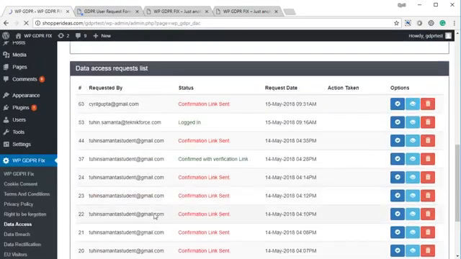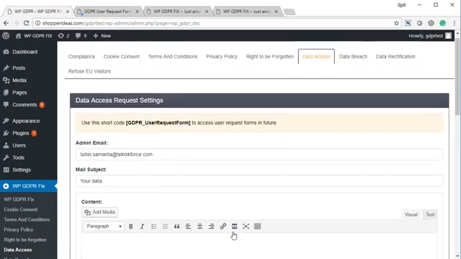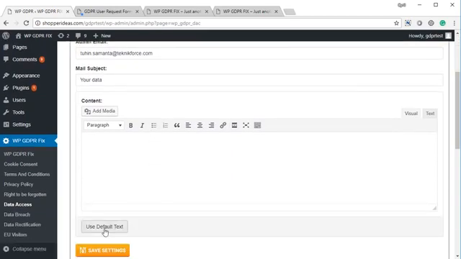So if you refresh, you can see that I just filed a request by my own ID, and a confirmation link was sent. If somebody has done it on anyone else's behalf, then of course they won't get the data. So there'll be a confirmation mail going to them asking them to confirm that they've actually requested the data, and when they say yes, the data will be sent to them using the little